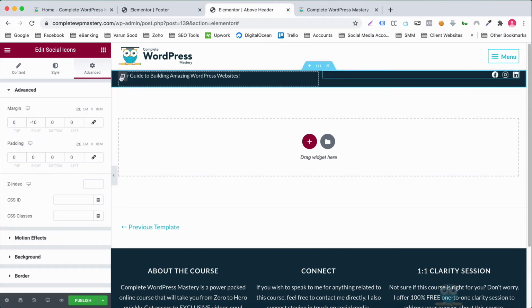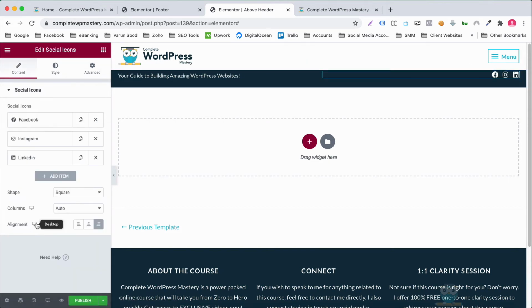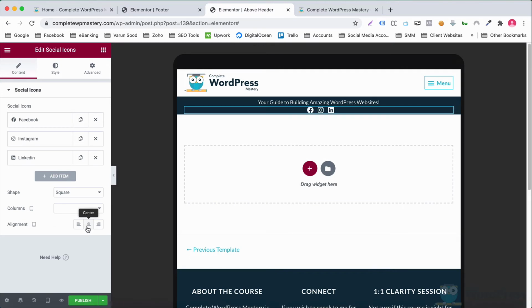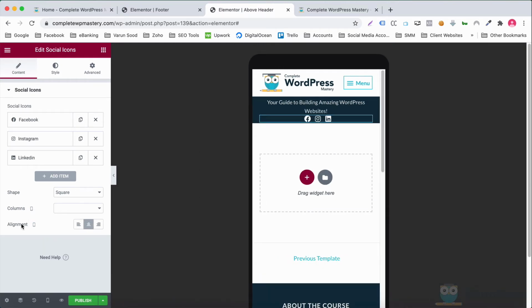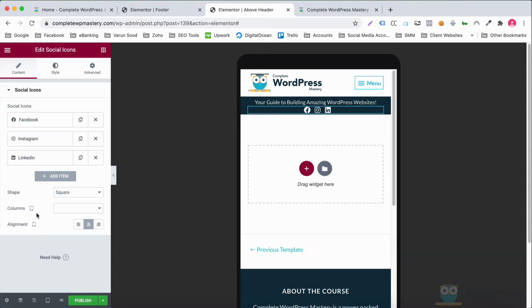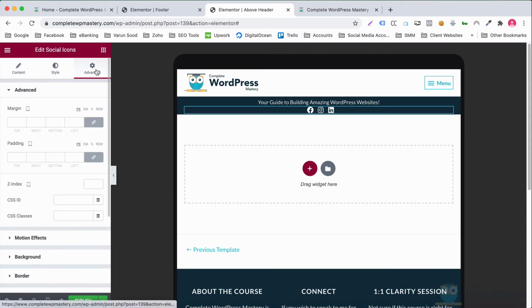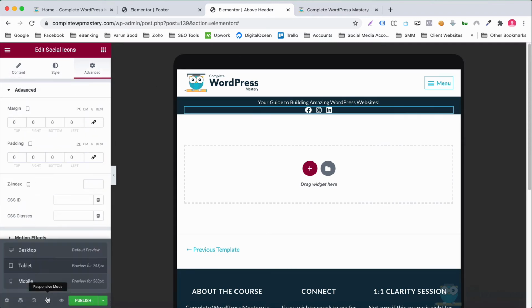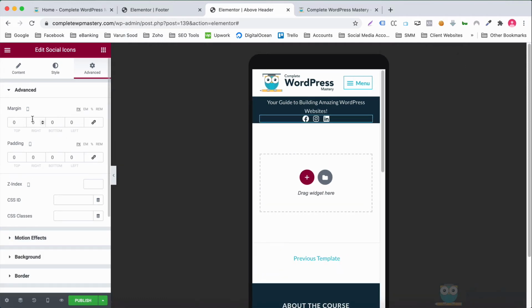Let's also make the social icons center aligned on tablets and mobiles. Let me also remove the right margin of minus 10 pixels in tablet and mobile views to have a perfect center alignment.